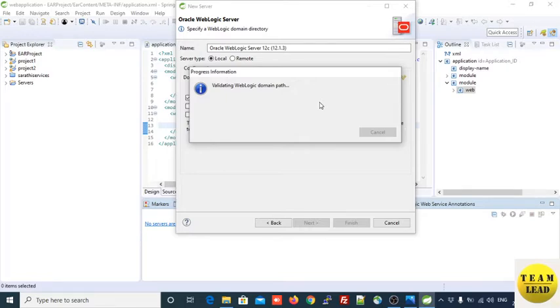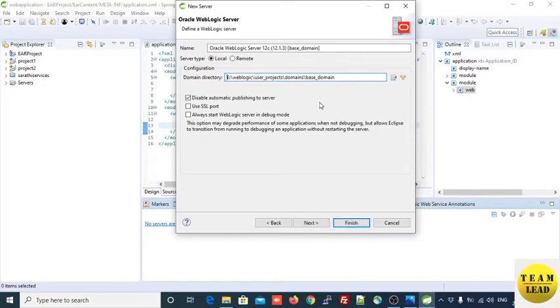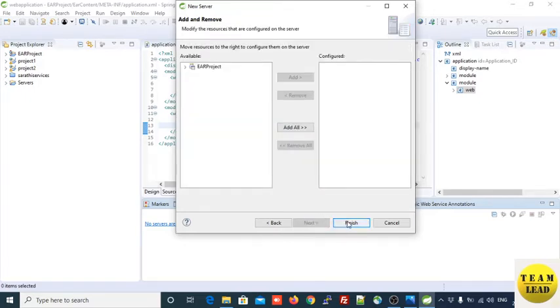It is validating the WebLogic domain path that you are providing to the WebLogic server. So validation is complete. Now you need to click on Next and Finish.